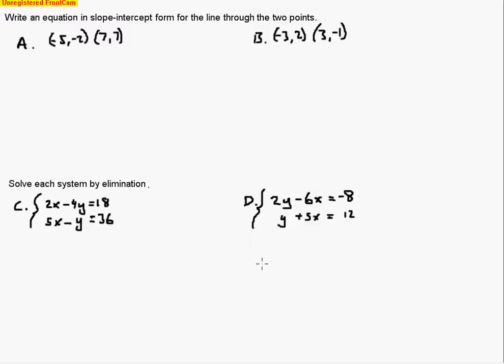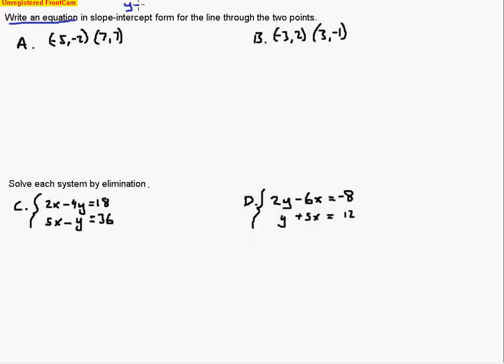The second half of tonight's homework, we will be writing equations of lines that pass through 2 points, and then also solving a system by elimination. So here's the first type that you'll see. And the first thing we're going to do whenever we have to write an equation, we're going to use this